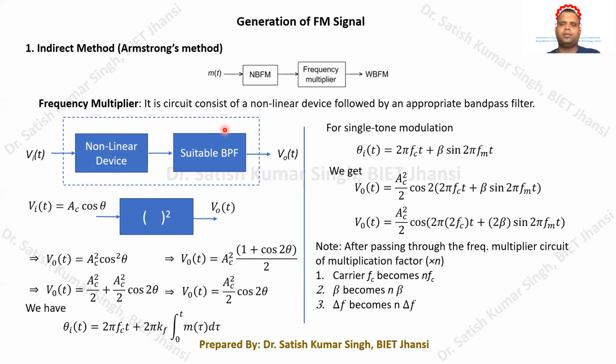So I told you that we are having a diode. That is also a non-linear device, and we have already used it for generation of the EM signal. It has different characteristics. For example, if we give the input signal as V input equals Vi, then V output will be equal to A Vi plus B Vi square plus C Vi to the power cube. And that way it will be able to generate the signal at the output.